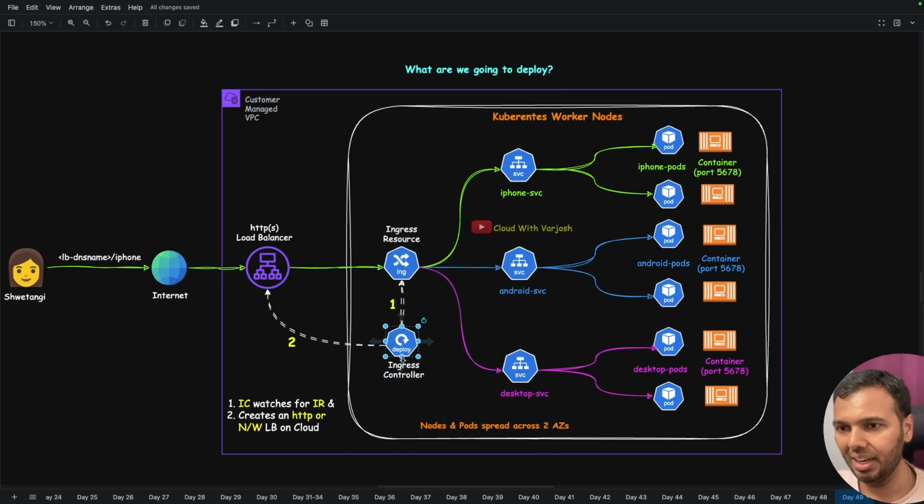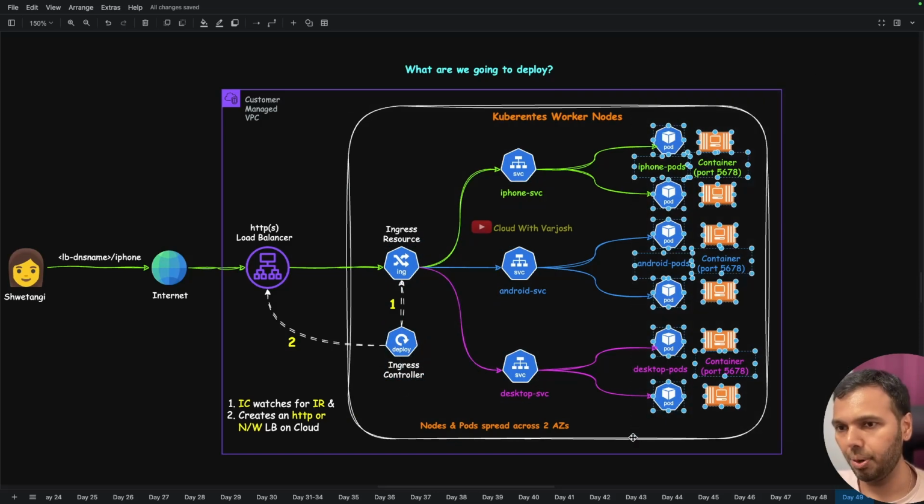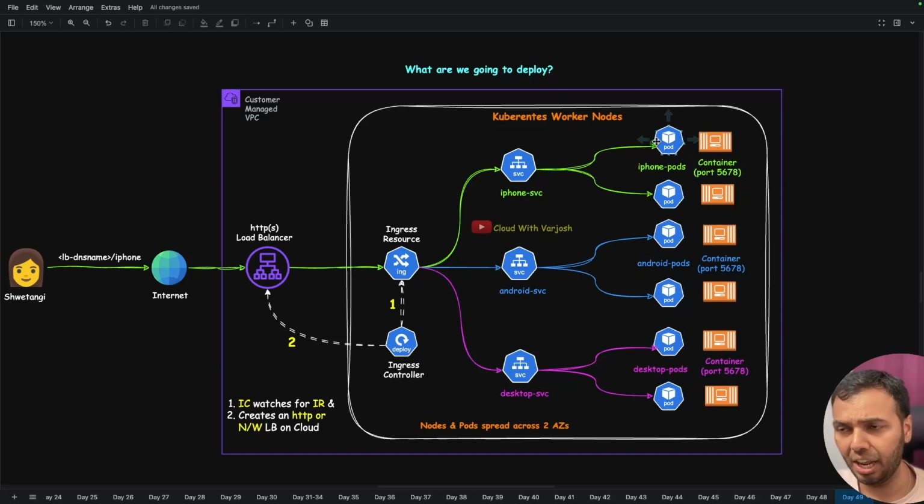But when I talk about ingress controller and these things, because these are part of deployment, they will be deployed in 2 availability zones. Now it is our responsibility that if, let's say, iPhone deployment has 10 pods, it is DevOps engineer who must be ensuring that there are 5 pods in AZ1 and 5 pods in AZ2,